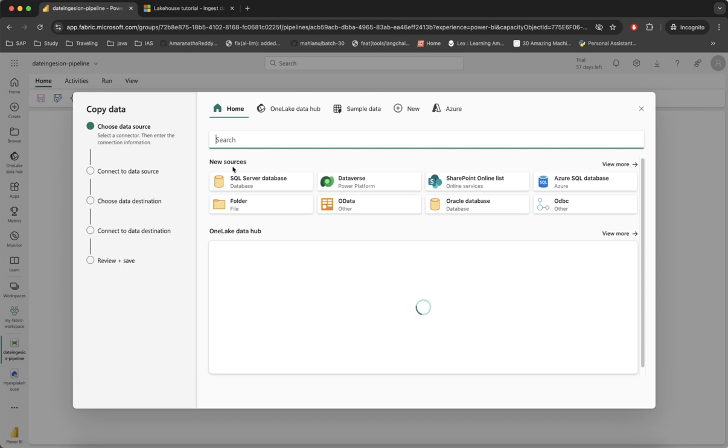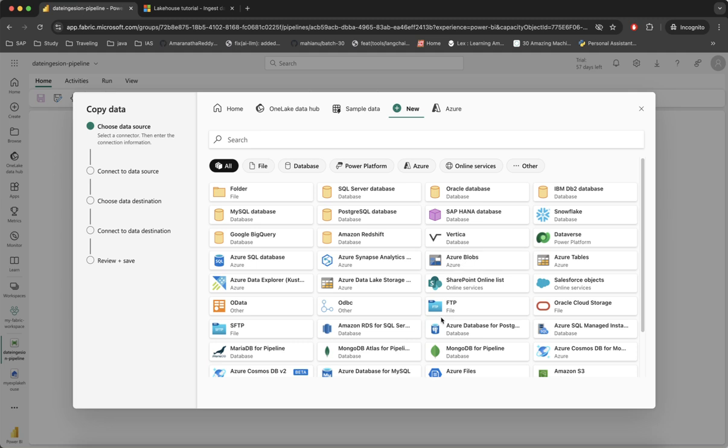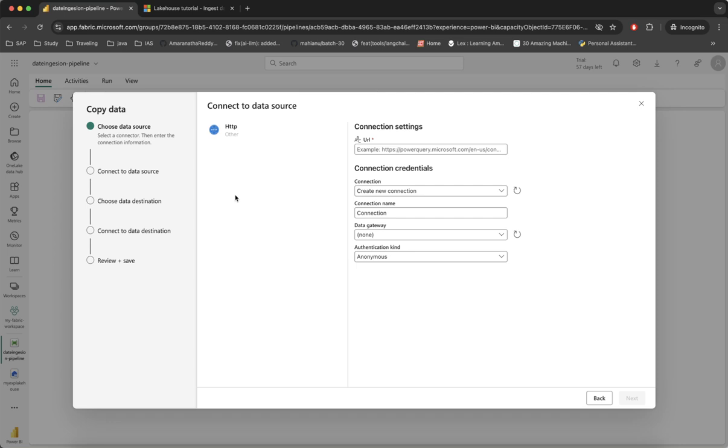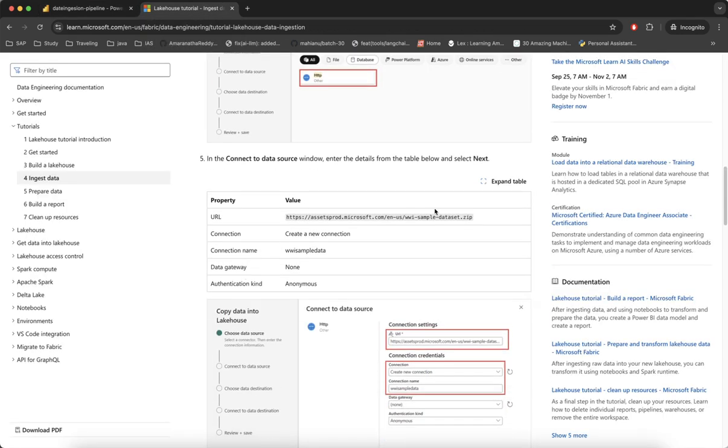So you can see here the new data sources. Fabric by default supports multiple, a huge number of data sources. Most of the connections are already available. With just minimal configurations you can connect with all the different types of data sources that I explained when I was explaining the architecture. Now we are looking for HTTP. With this HTTP I am trying to connect with the public data, which is available in the form of a zip file. And I'm reading the file from here,